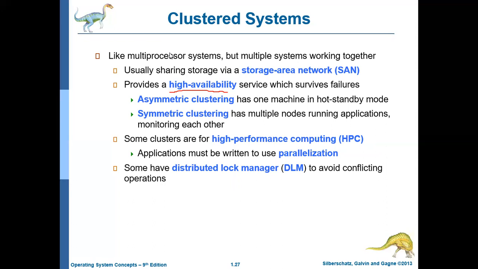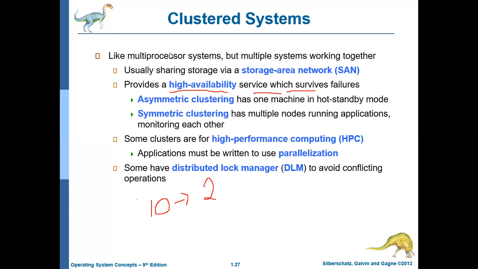So why do we go for a clustered system? To achieve something called high availability. Assume that you are creating a cluster with 10 computers. Now due to some reason two computers fail. Even if two computers fail, the system will still be running because you have another 8 computers. So this is called high availability. If something fails, that will not affect the entire system. In spite of failure, the entire system will survive, and the service will continue.